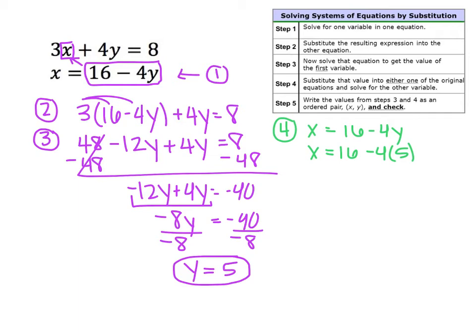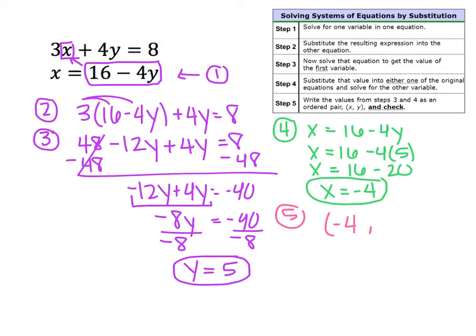Well, 4 times 5 is 20, so 16 minus 20 gives me negative 4. And my last step, step 5, write my answer as an ordered pair, so x comma y, negative 4 comma 5, and then we still need to